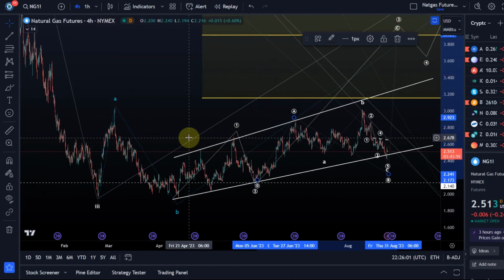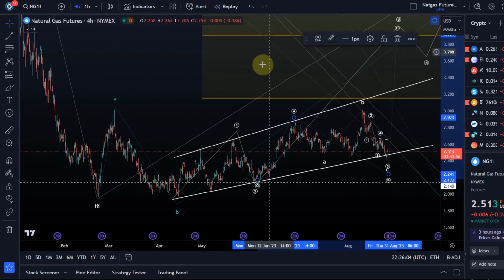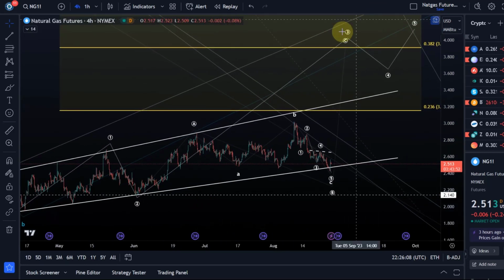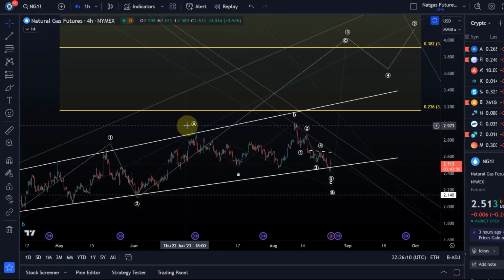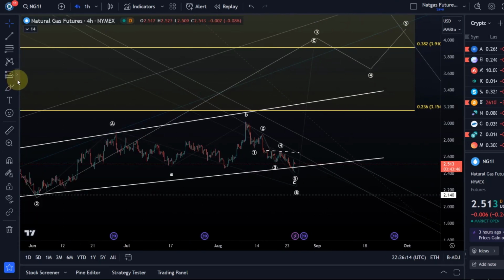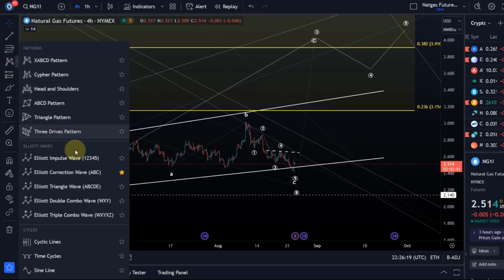At the moment in this C wave, we're looking for a 5-wave structure. It looks to me as if we have completed only a 1-2. We could be in this third wave, which again consists of an A wave, a B wave, and a C wave. Now, if you really want a more or less reliable trade setup, you have to wait for the first